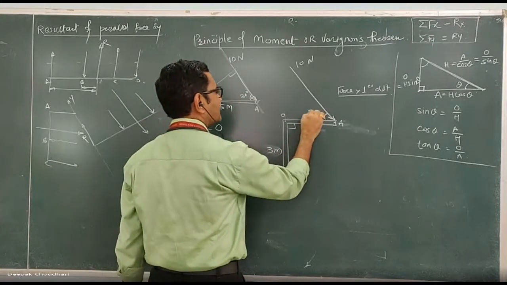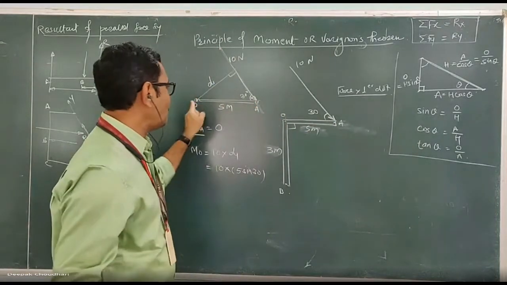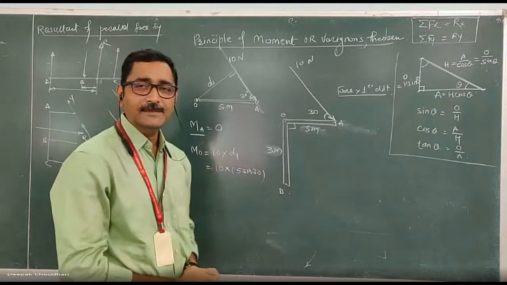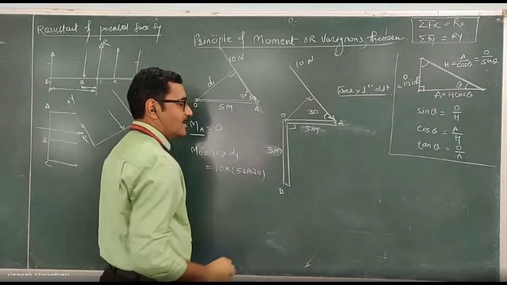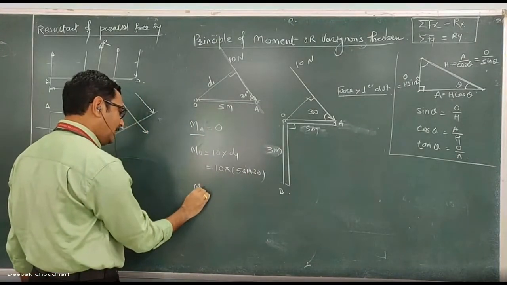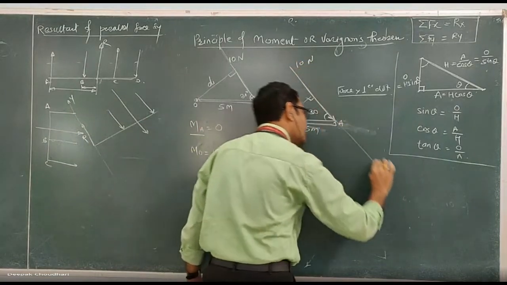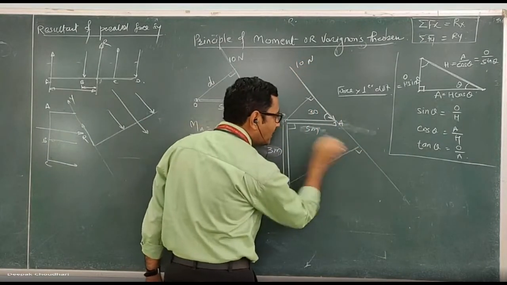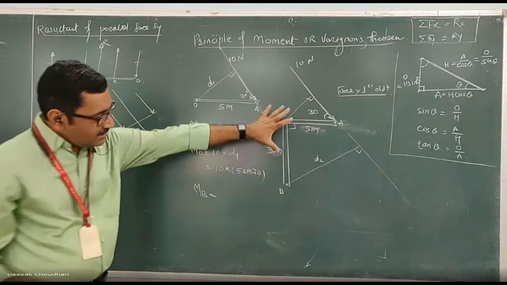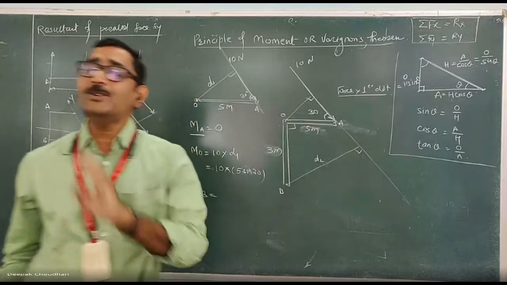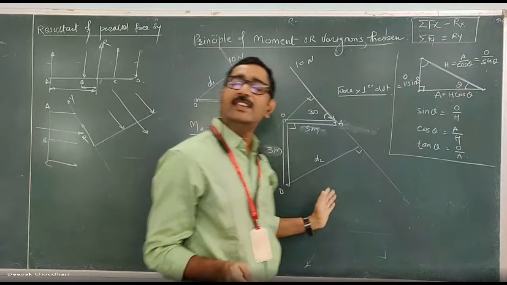This angle is 30 degree. Now moment of this force about A is 0, moment of this force about O is 10 into 5 sin 30 according to the definition of the moment. हमने ये distance calculate कर लिया. Now according to the definition of the moment, if I want to calculate the moment of this force about point B, you have to extend this line of action and you have to drop a perpendicular from B. So this 10 into this distance d2 gives you the moment. But now in this geometry of this figure, it is difficult to calculate this d2 distance. Calculate कर सकते हैं, but not that easy. इतना easy नहीं है.